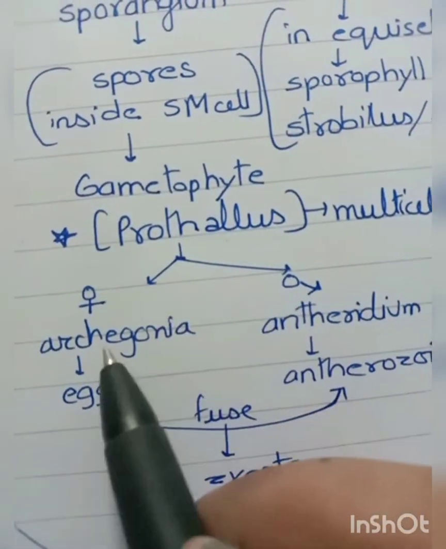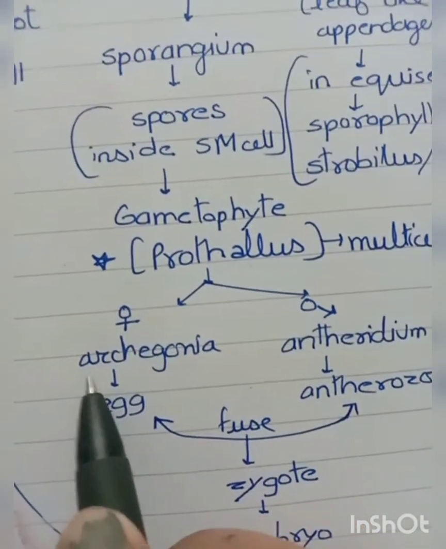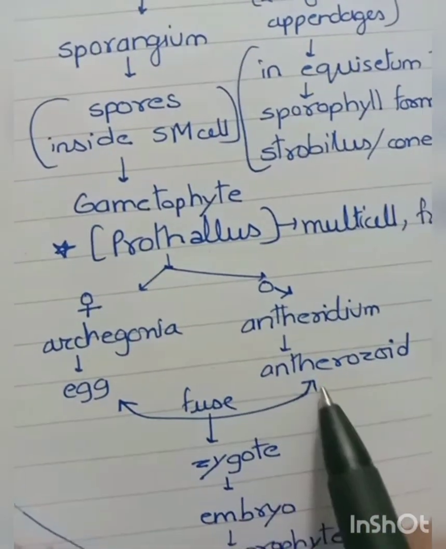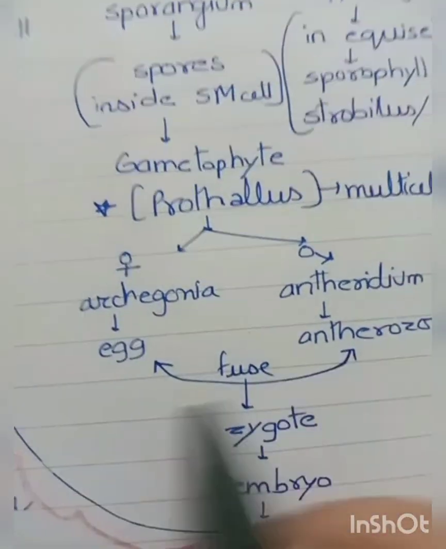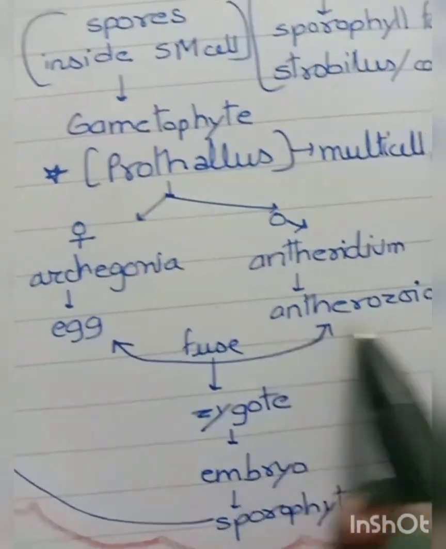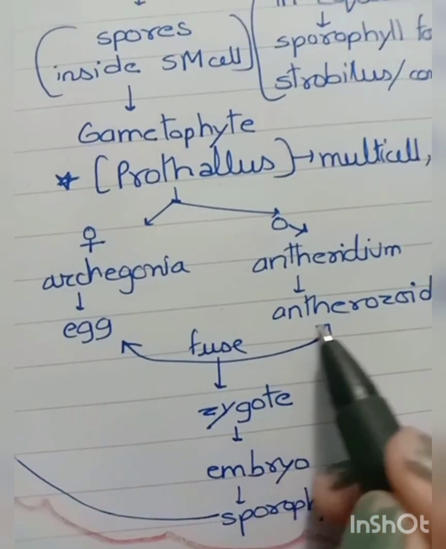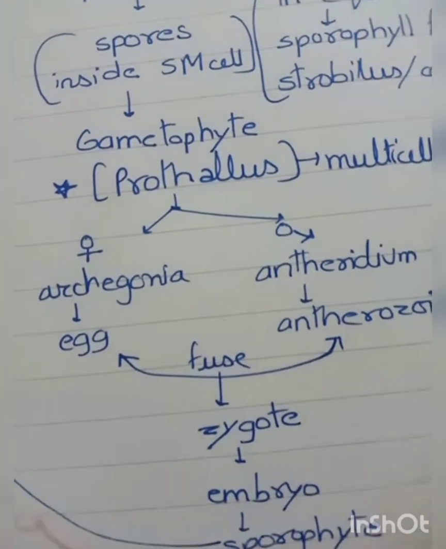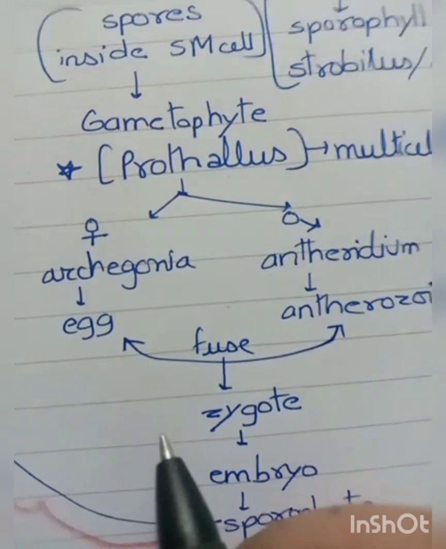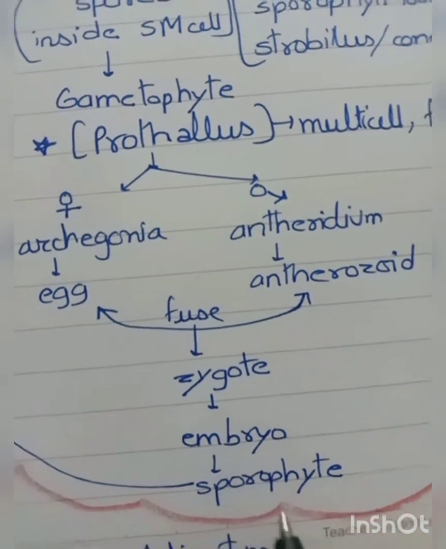Okay. Now, the gametophyte bears two types of sex organs. That is female and male. Female is known as archegonia, male is antheridium. This archegonia bears egg and this antheridium bears antherozoids. That are just sperms, like in case of animals, there are sperms, and in case of plants, there are antherozoids. So they both get fused. The antherozoids require water, and in water medium they travel to the archegonium and fuse with the egg. When they both fuse, they form zygote, and the zygote further forms embryo, and the embryo forms